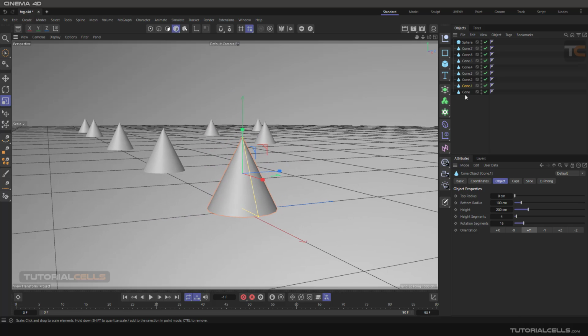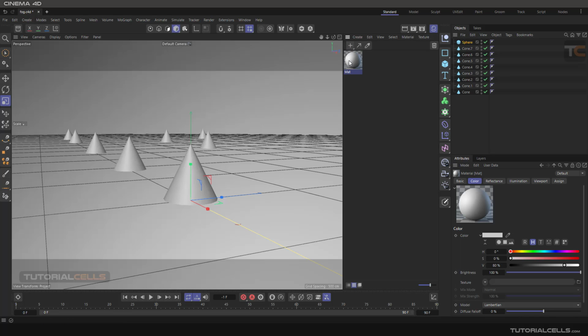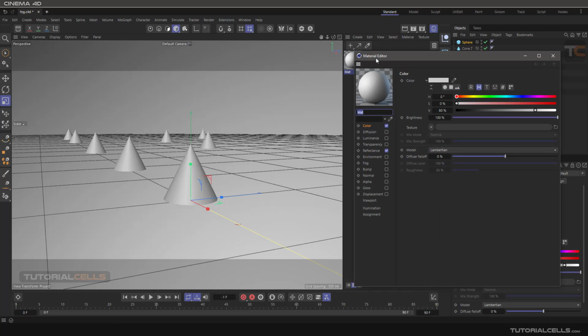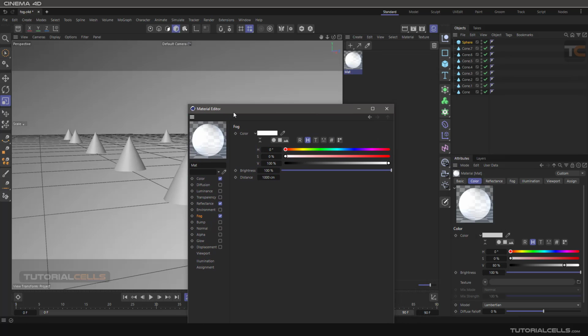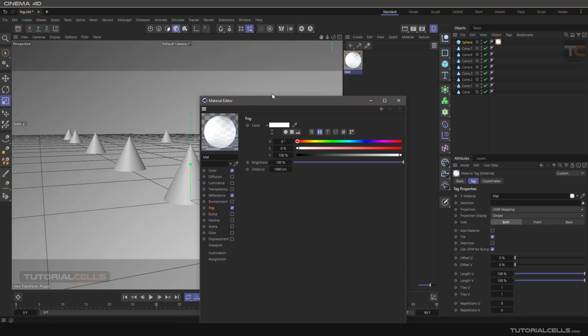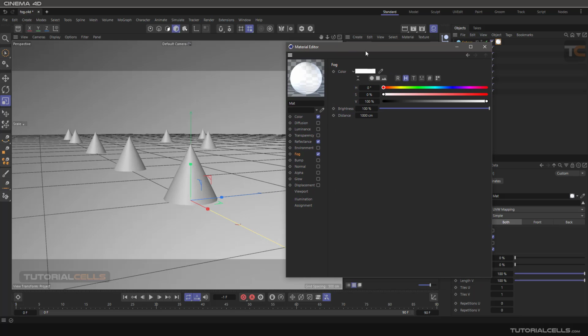I want to assign a material to that. Make sure that you are in a standard. Double click. And now I want to explain, after environment, the fog channel. If you activate the fog channel, you can see it creates a transparent object, but it's not working like this. You have to assign this fog material to a sphere. If you give it to the sphere and play with the brightness and the distance, you can see the fog